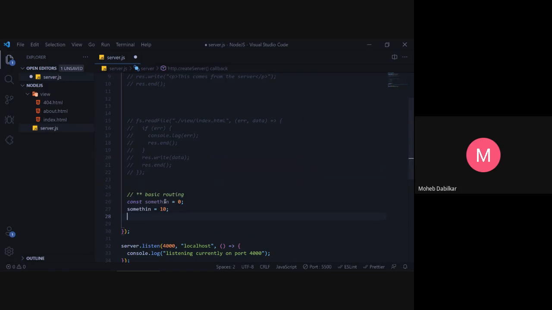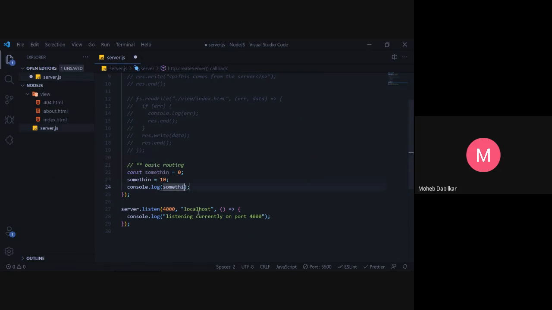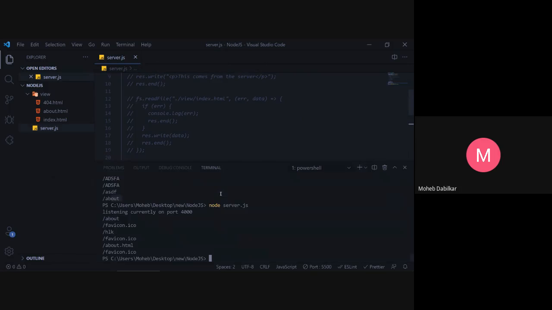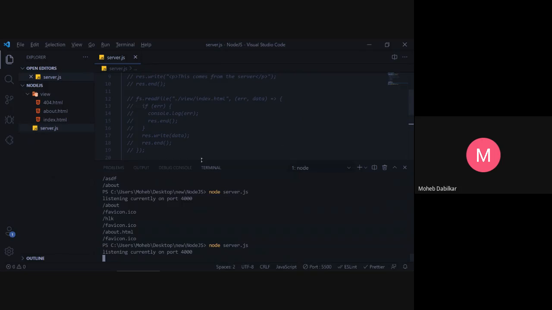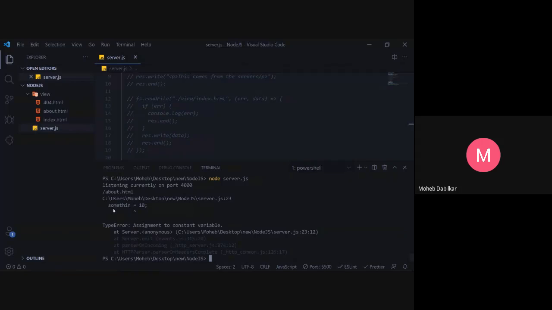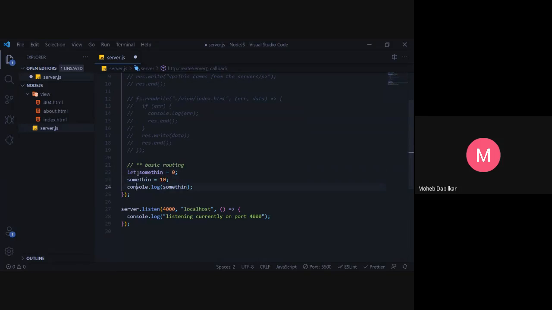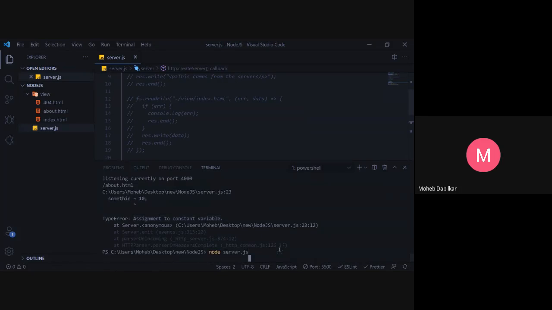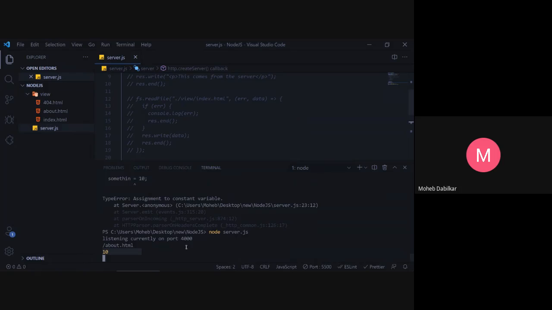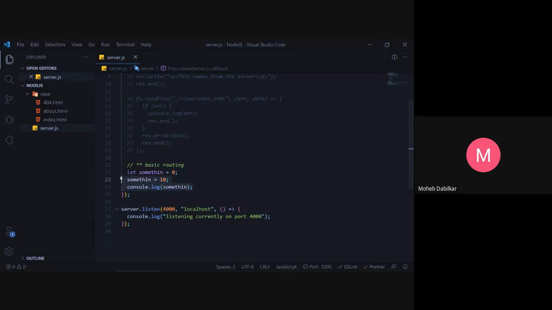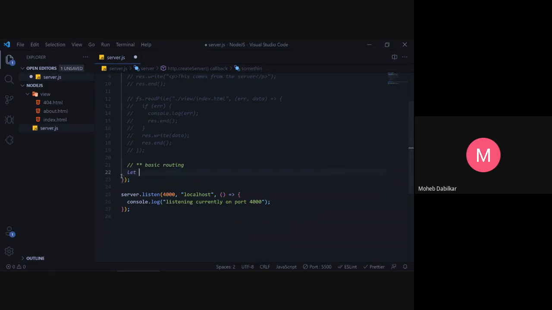Okay, so now since it's constant, and then if you try to console log this something, okay, I have misspelled something, and then control J this, and let's just run it. Yeah, you see it says assignment to constant variable, so you need to use another variable, that is let. And now if you try and do this same thing, it should work. So it does say 10. Okay, so that is why we will be using let.